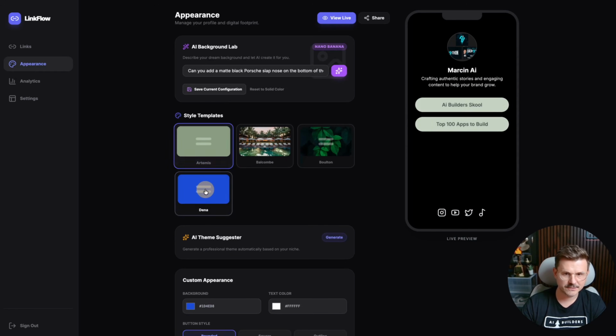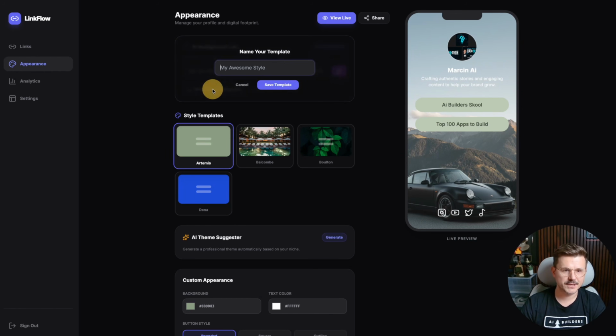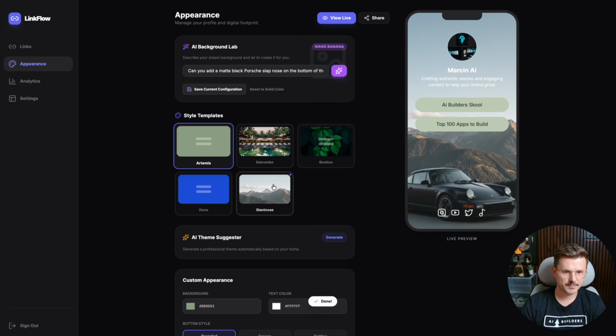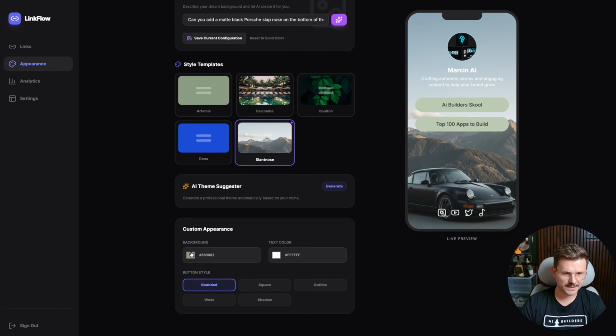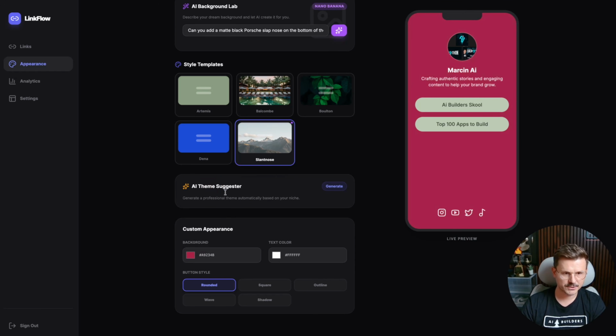We also need, if I change that, it doesn't, oh, I forgot to save it. All right, let me do it again. Even better. So save configuration. We got slant. It's not a slant nose again because I didn't type it correctly. All right, perfect. So now we have it here. And then what I want to see is if I change this background, it's not going to,